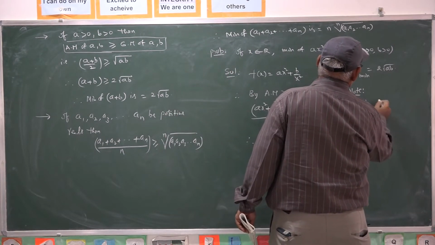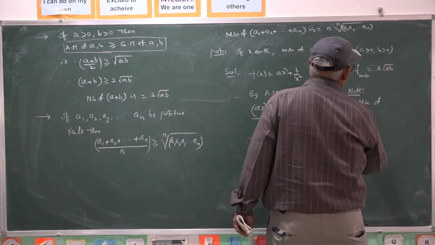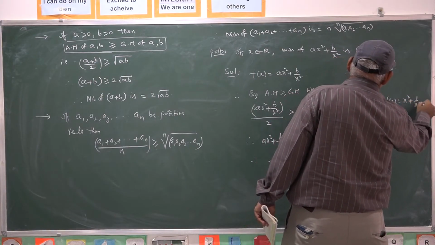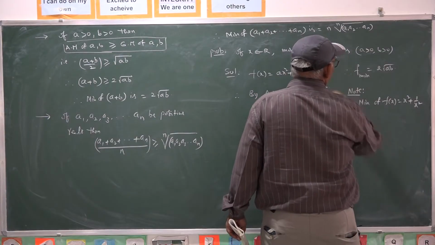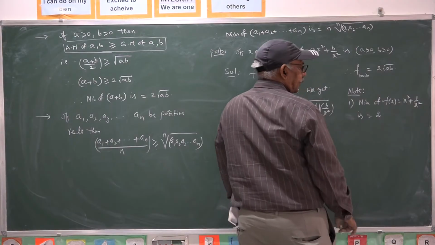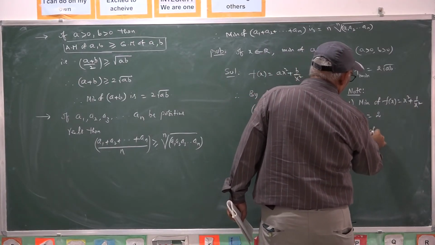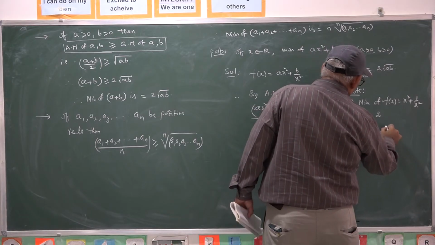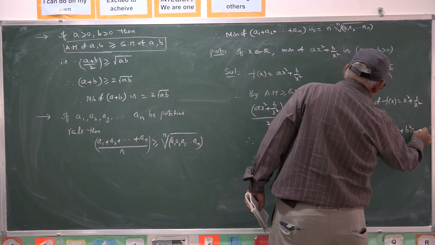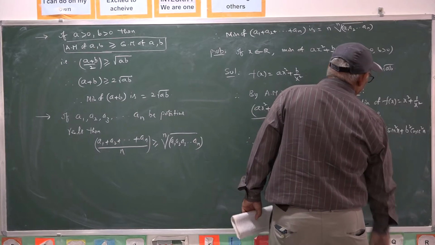Minimum of f(x) equal to x square plus 1 by x square, I am taking a equal to 1, b equal to 1, is 2 itself. Second, minimum of a square sin square x plus b square cosec square x equal to 2ab itself, because